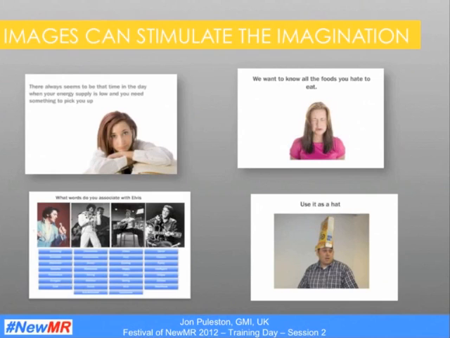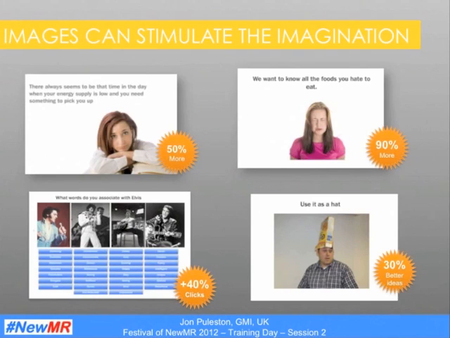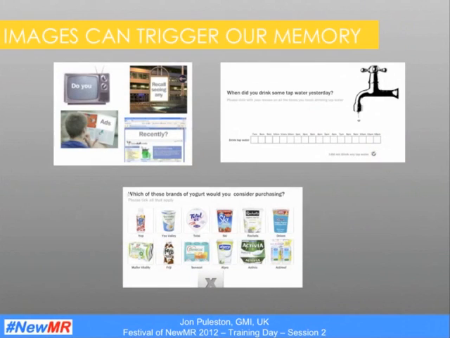Here's a couple of examples of experiments we've done where we've used images to help trigger people's imaginations. In the second example, we asked people what foods they hate to eat, and when you show people a picture of someone expressing that emotion, you get people to give more answers. If you're asking people to evaluate a product or service, like in this example where they're evaluating Elvis Presley, by showing some pictures of him, people give us more clicks. We found that wherever we use imagery, it can trigger more of an emotive response in people, and you can get more feedback.